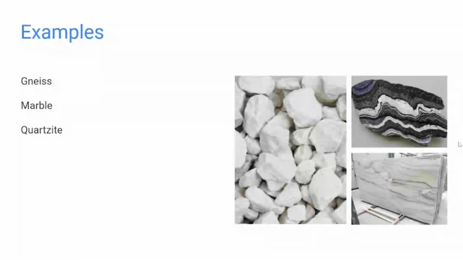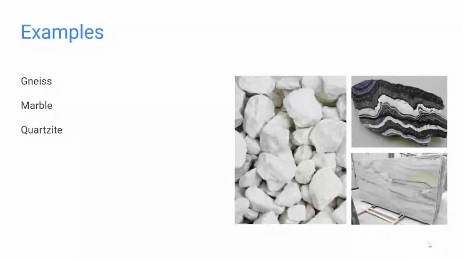The second type of metamorphic rock is marble. Marble is formed when limestone, under conditions of high temperature and pressure, changes into marble. It is mainly used for making statues, floorings, and decorative items. The next type of rock is quartzite. Quartzite is an extremely hard metamorphic rock which is formed from sandstone, and it is used in the construction industry and in making roads.